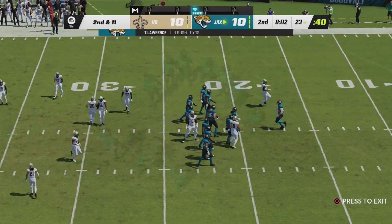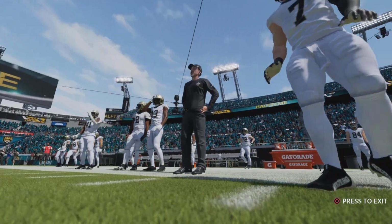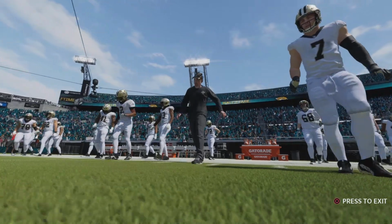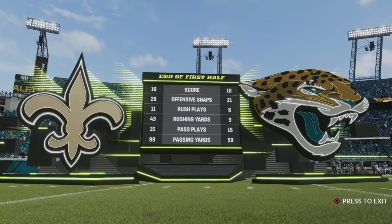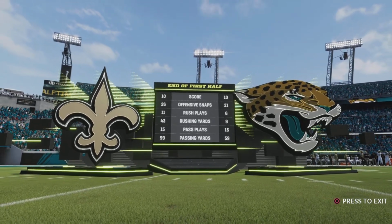And we will likely not see another play here as they take the knee and head into the intermission all time. So thanks to the late field goal, we are all tied up heading to intermission. As we send you a couple hours south of here to Orlando, let me check in with the coach